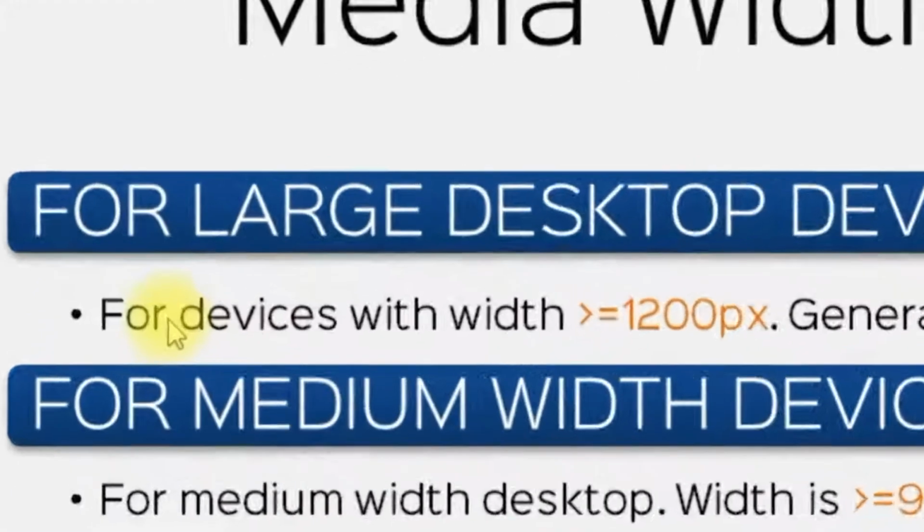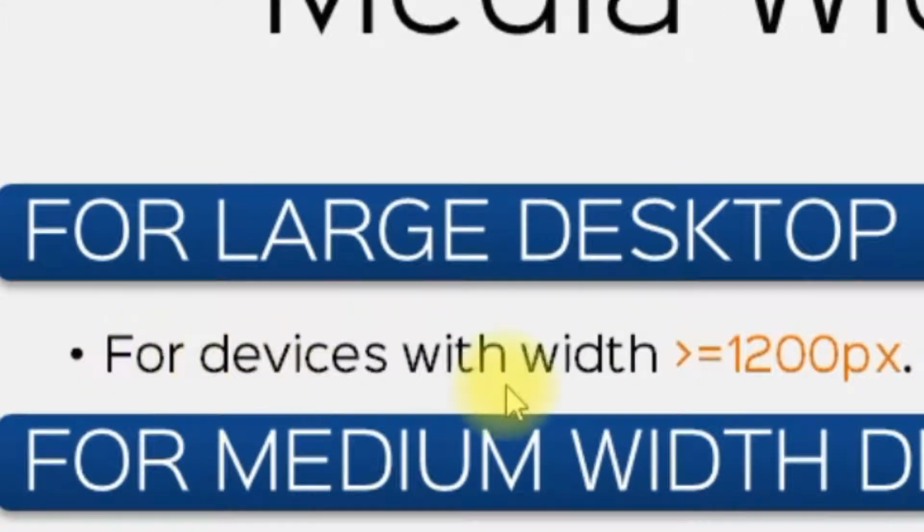So the width of the container in case of larger display preview will be 1170 px, and it is leaving a total gap of 30 px from either end, from the left side and from the right side. And that is why it will be a total of 1200 px. So in case of larger preview, we have restricted ourselves to devices with width greater than or equal to 1200 px.